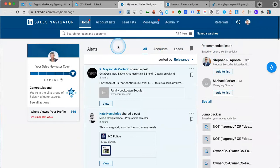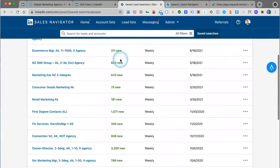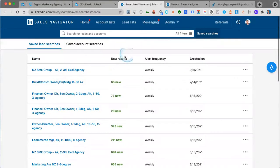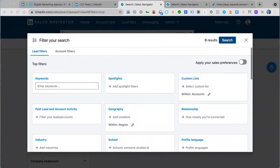And from here, I can run various searches. You can imagine with what I've been doing with LinkedIn, I've got many saved searches looking at various niches that I think might be attractive prospects for our business. But if I start a fresh search here, I've already got a few prepared ideas here, but for instance, I'll